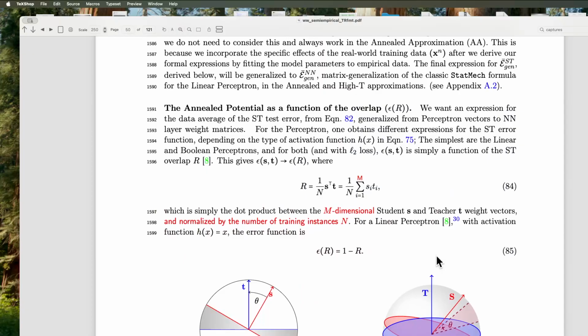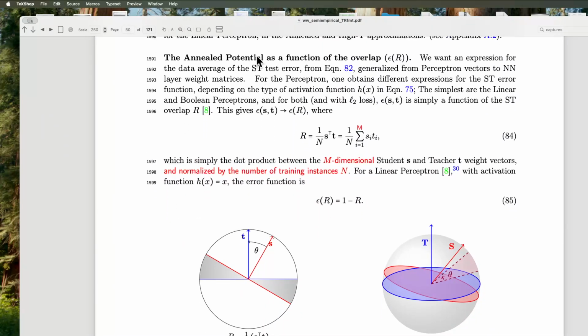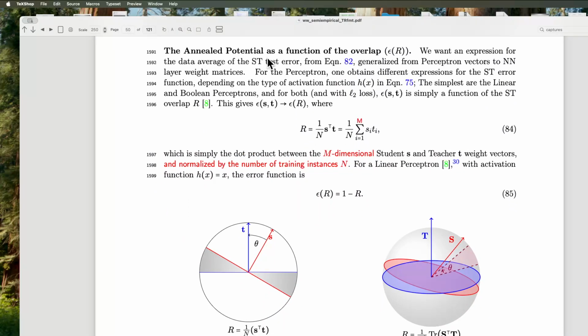All right. So now we're going to define this annealed potential. Now we're getting to the meat of things. So the annealed potential, and I'm sorry if things are a little confusing. This is the first time I've read this in actually a couple of years. So just please ask questions as we go. So now here we're going to define the annealed potential as a function of the overlap. So we want an expression for the data average of the student-teacher error from equation 82,